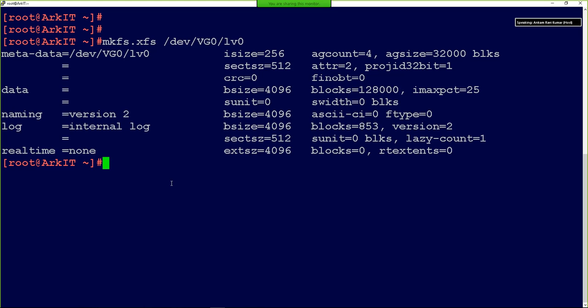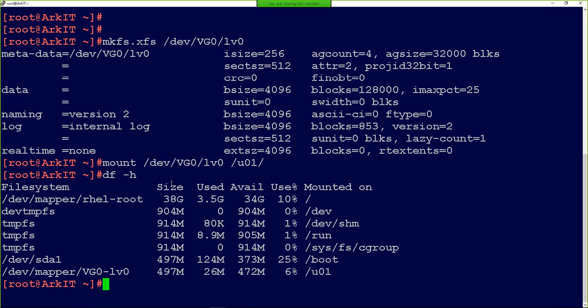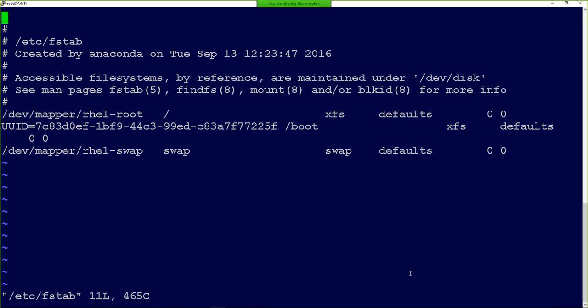So now what you have to do is mount this partition. /dev/vg0/lv0 and /u01 we already have, right? You can type here. So now my LV has been created. The same way you have to add it for permanent mount. Go to fstab and add the entry /dev/vg0/lv0